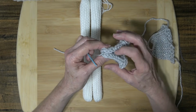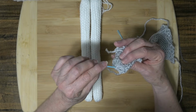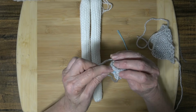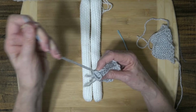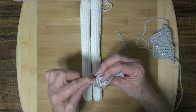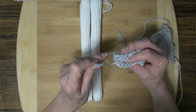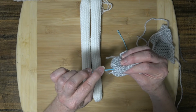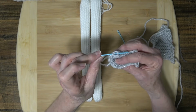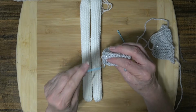So I'm finding my row that just happens to have the points going this direction. And I'm going to go onto my cast on row first and take one stitch just so I close that toe up. So I'm right on the edge here, and that's one. And then get as close as I can to just the first stitch on this one. One. Okay, now I'm just going to do 2 bars in the row going this way. So I already did one, so it's okay, 2, 3, and then in this one, 2, 3, and then 4, 5,